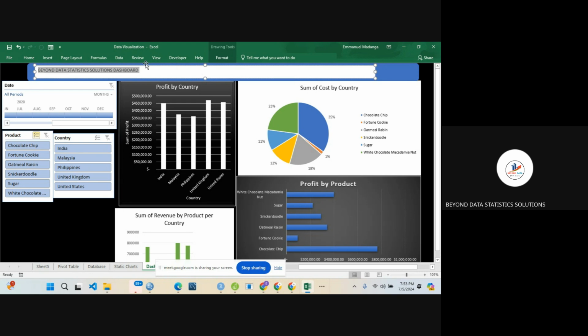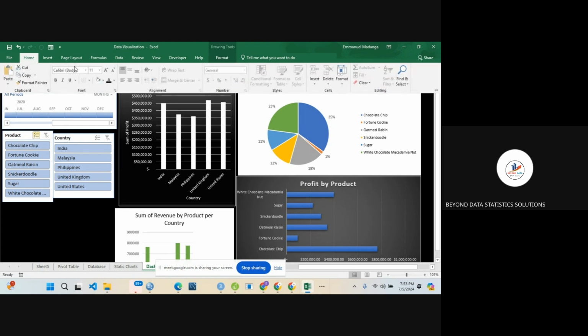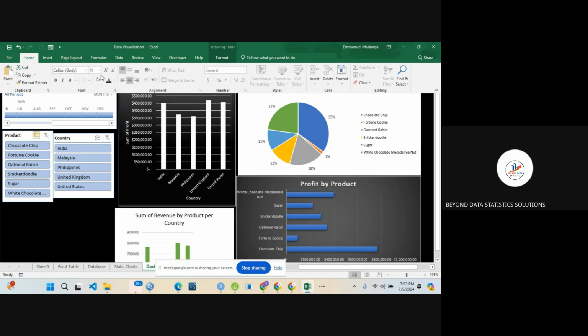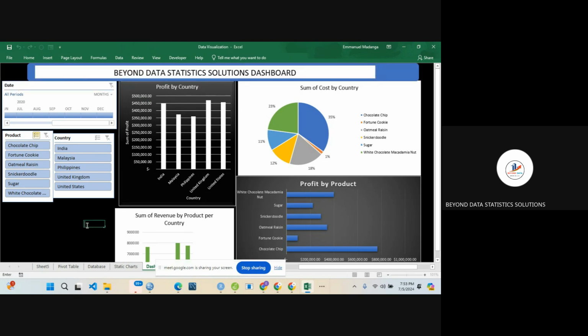I can resize this where I want to see it. Under home, I can move this to the center. I can also maximize the size because it's a title. I give it a deeper color and maximize the title for my chart. You can add the links to different sources,